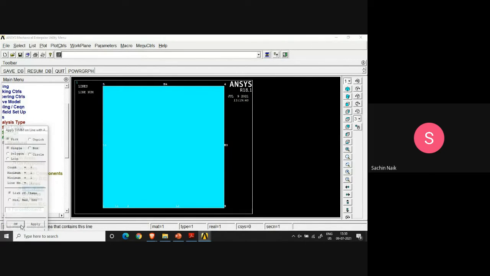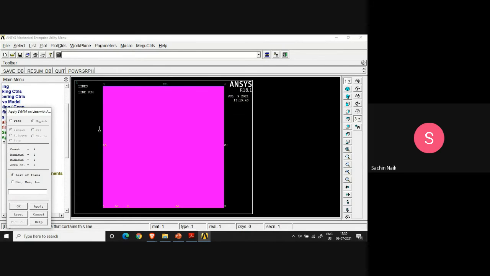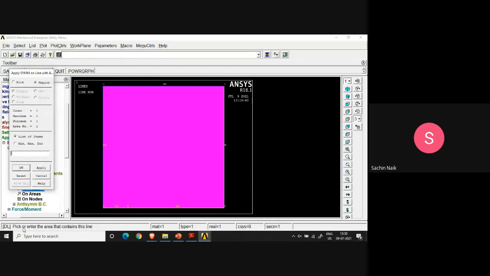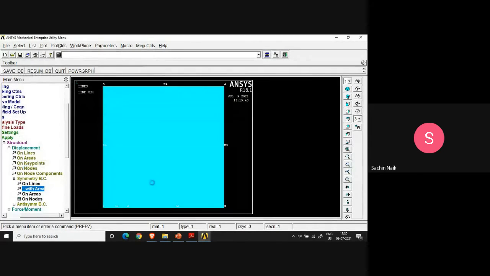And I say okay, and this is the other. I'm sorry. This is the part of the process. You must read the instruction. You must read the instruction. Enter the area that contains the line. So, okay, I have done it with A5, the connection of this area with the other area on the left hand side with the help of line 5 has occurred.